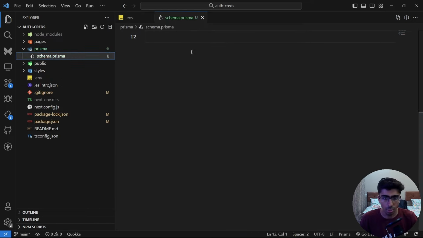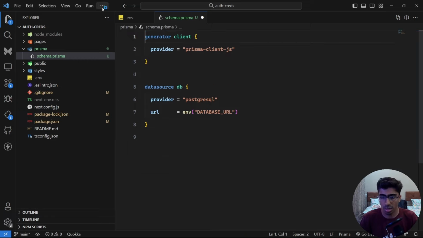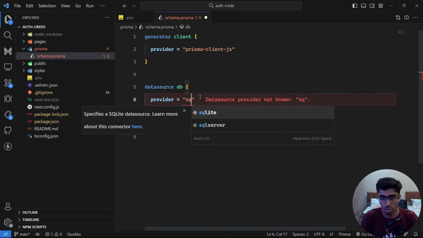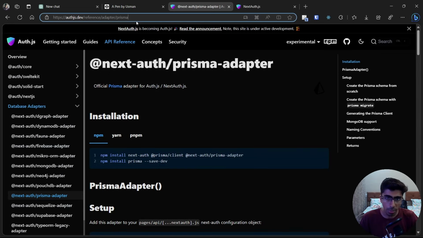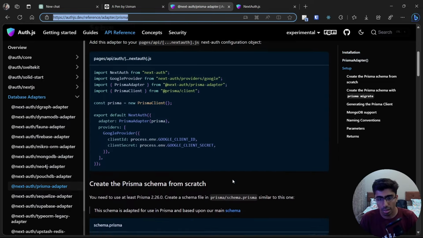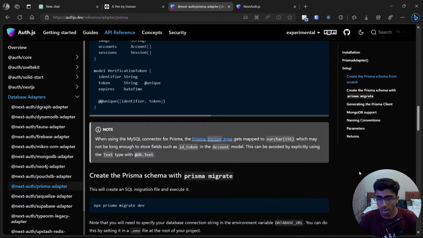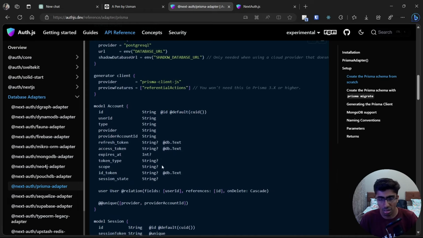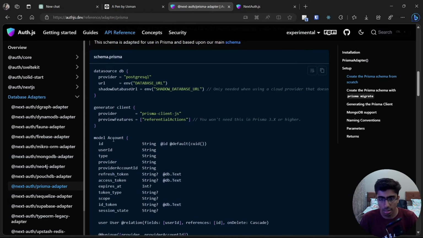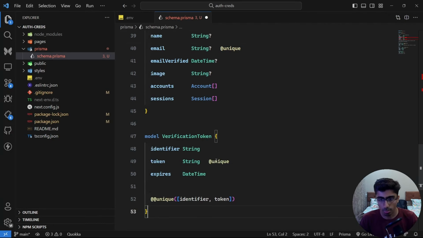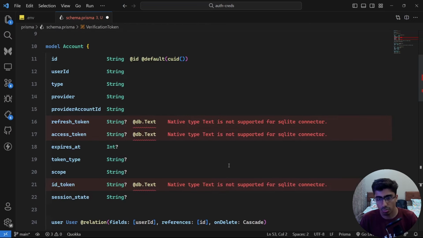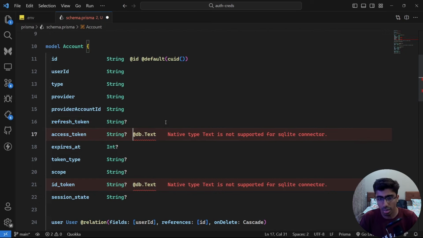Once we have that, let's go inside of this Prisma schema where we have, let's change this provider to SQLite, and now let's add these tables. So if you go to this page, I'll put this link in the description below, you'll find a lot of details about this. So we'll just go ahead and copy these models that we need for this to work, right? So we could just go ahead and say model Account. I guess that's all we need. And now we could just go ahead and paste this. Now we have to make a few changes because we are using SQLite, so we don't need @db.Text. Let's get rid of that, and also these little things, let's remove these,